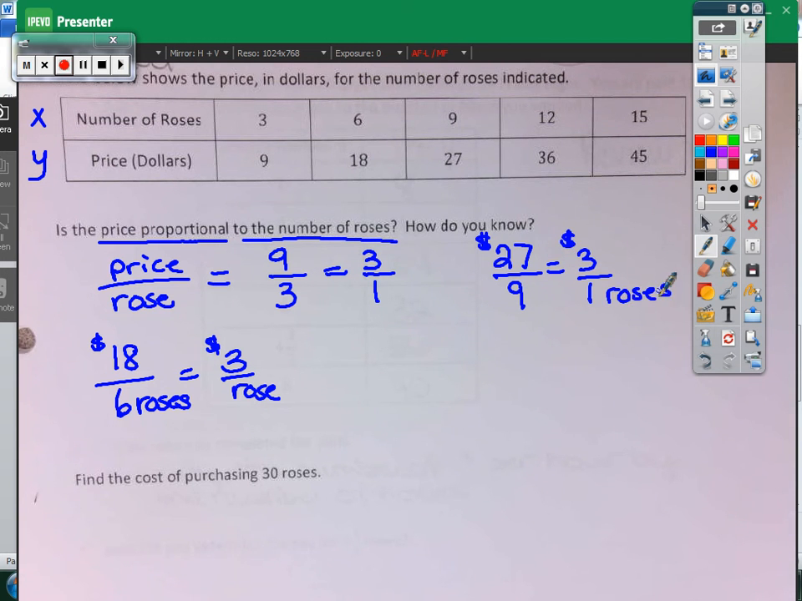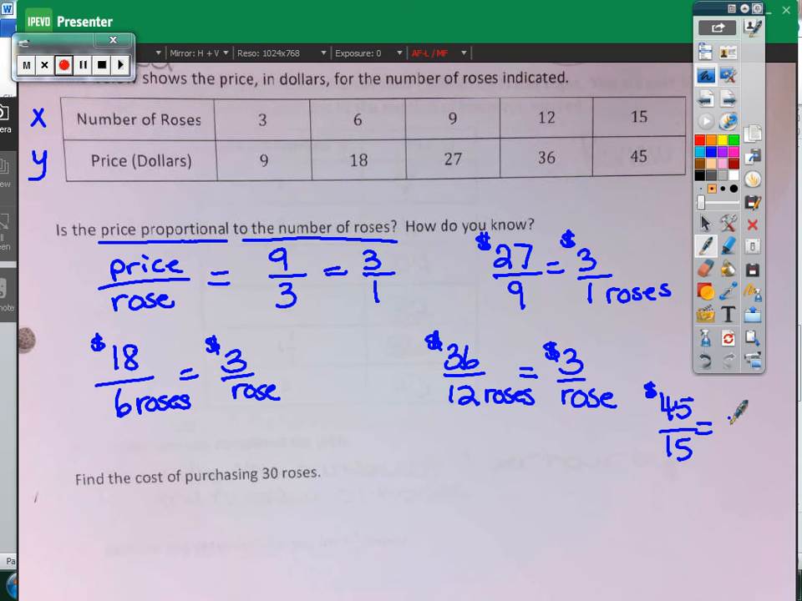We cannot assume that the other ones are going to be the same, so we have to check every one of these columns. My fourth one is $36 for 12 roses, which when I divide that out again, 36 divided by 12 gives me $3 per rose. And last but not least, we have, I'll go over to the side here, $45 for 15 roses. When I divide that out, I still end up with $3 per rose. Okay. If I look at each of those ratios and simplified versions of those ratios, we see that each one simplifies down to $3 per 1 rose. So we can say then, yes,